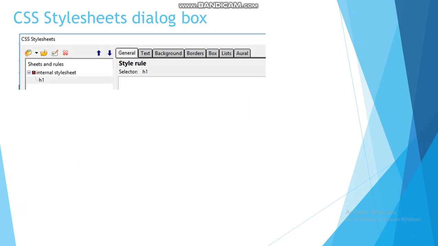So here you can see we have selected the H1 tag, so on the left part it shows the H1 element. On the right part you can see various tabs are given: General, Text, Background, Borders. So as we have selected H1 or heading 1, this will get applied for the H1 element.